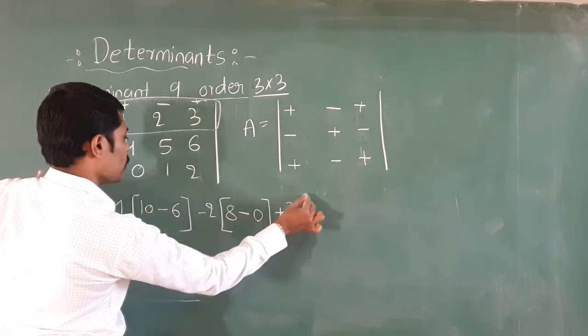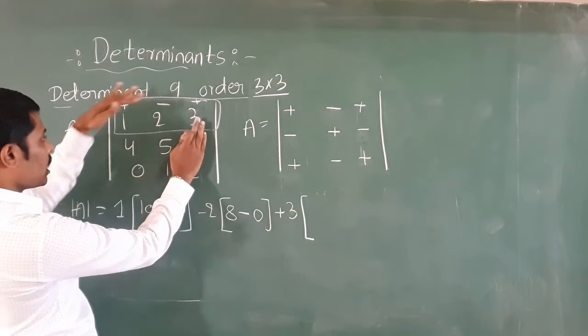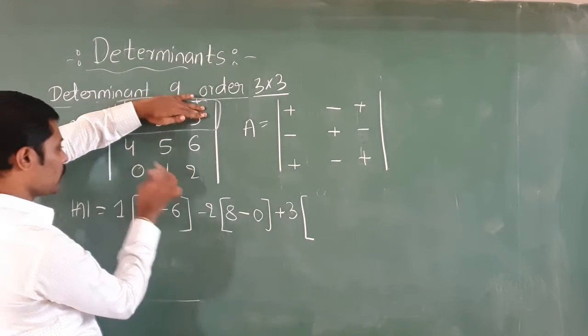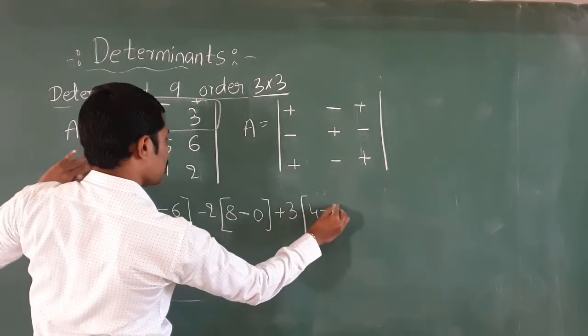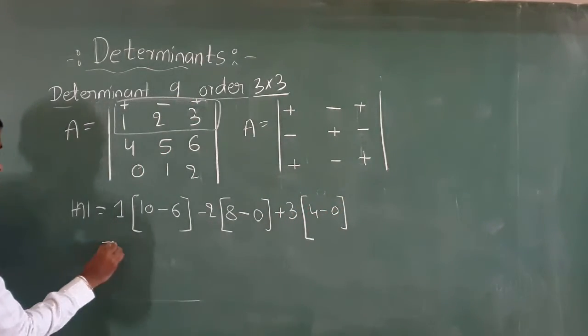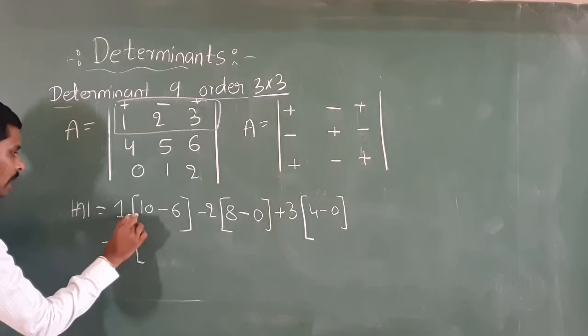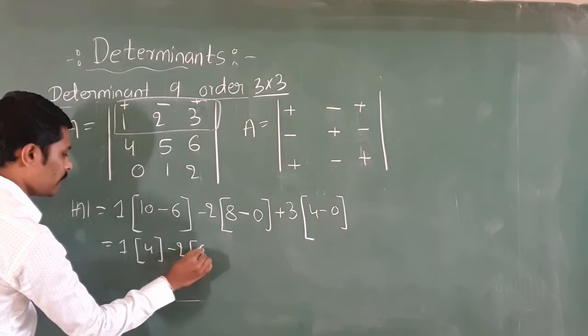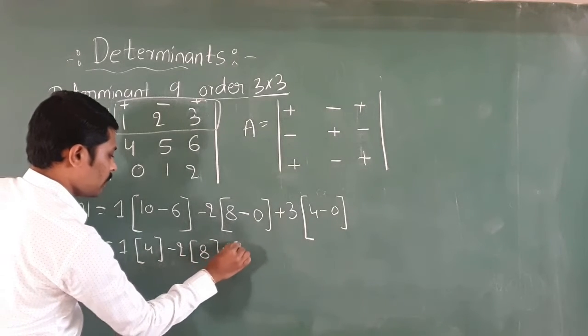Plus the last one 3 into, delete the corresponding row, corresponding column, you will get a 2 cross 2 determinant, evaluate: 4 into 1 is 4 minus 5 into 0 is 0. This becomes 1 into 10 minus 6 is 4, minus 2 into 8 minus 0 is 8, plus 3 into